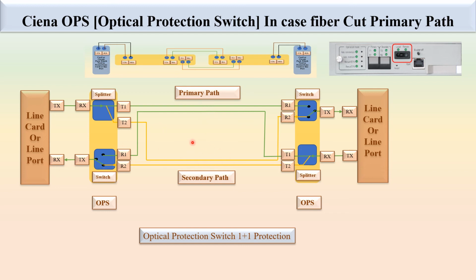Suppose this primary path is okay, then again the circuit is switched back to its primary path. You can see here this switches from here to this R1 and this will switch from here R2 to R1, if we have configured it to automatically switch to the primary path when it is restored. So after restoration it will connect to the primary path, and now the primary path is in operation.